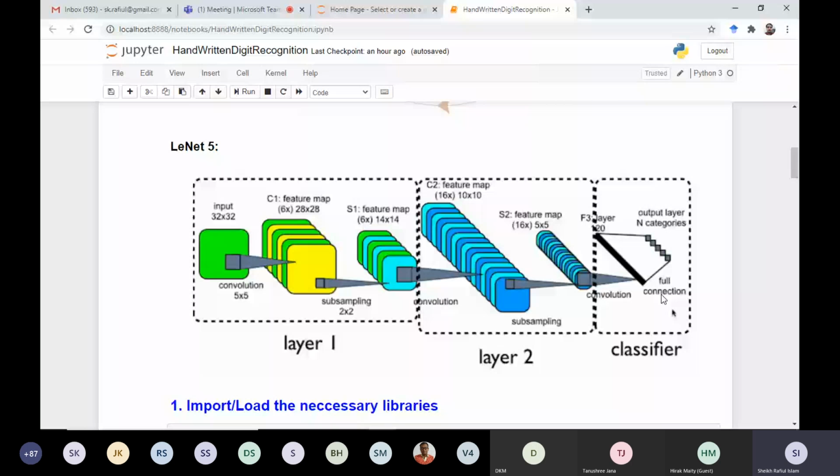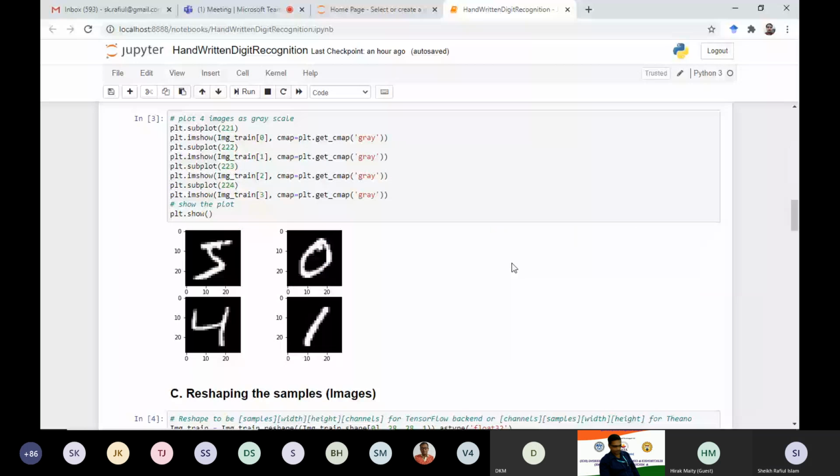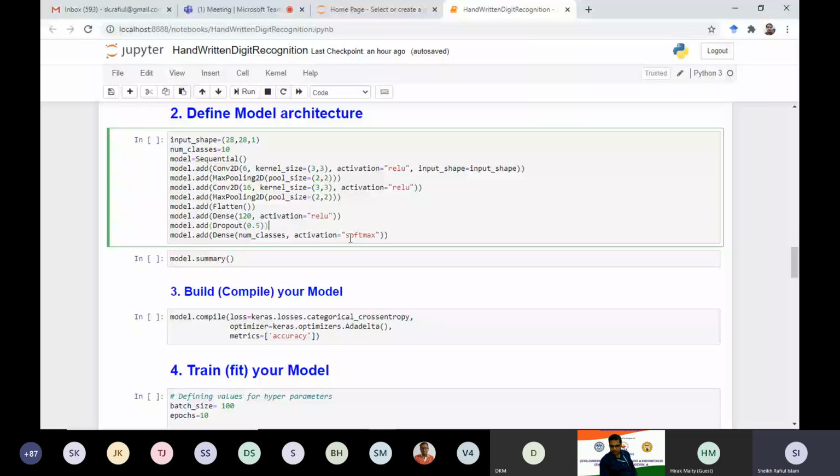Say for the first epoch, 50 neurons will be deactivated. For the second epoch, it will be changed. And that's why we say that this is random in nature. And that is very much essential. So you cannot deactivate a fixed number of neurons for each and every epoch. So it must be random. Okay. So even if you don't use this regularization here, that does not matter. Your code will work fine.